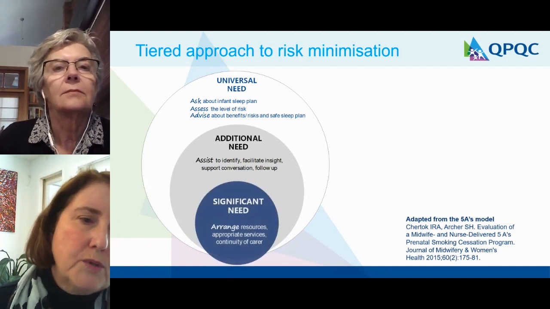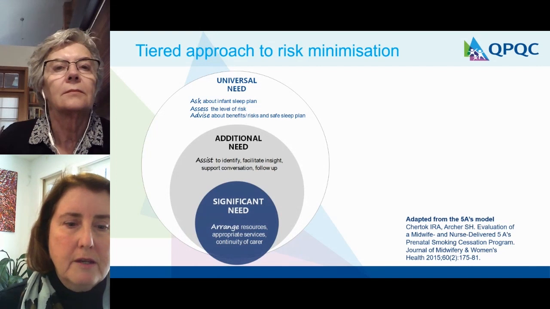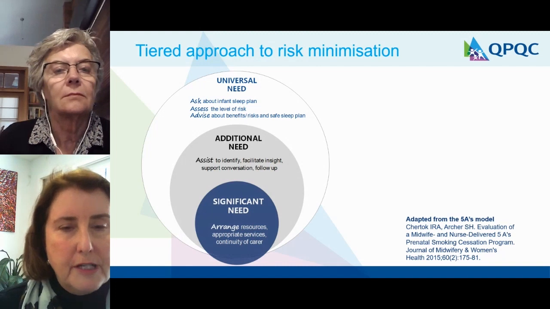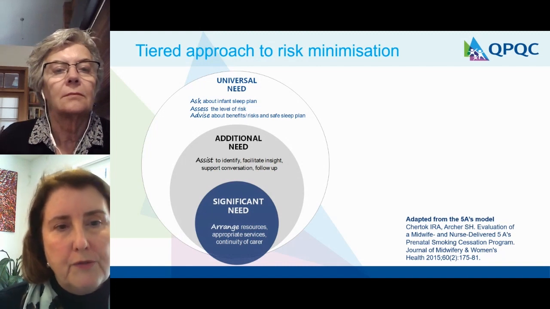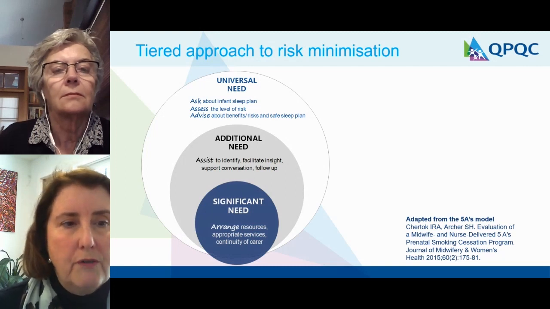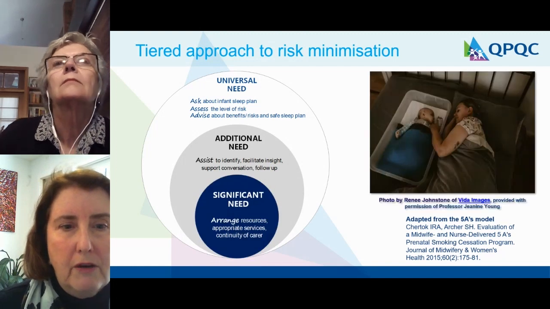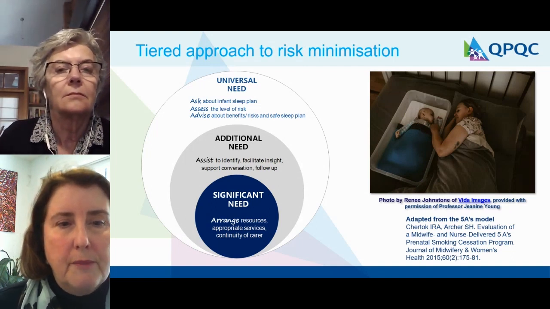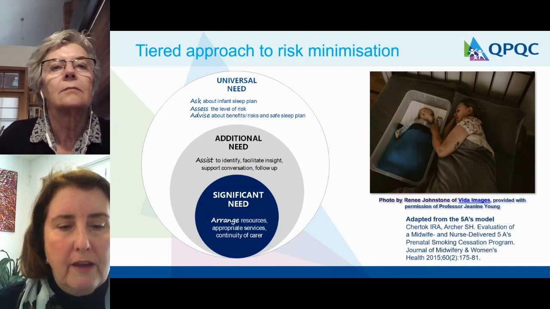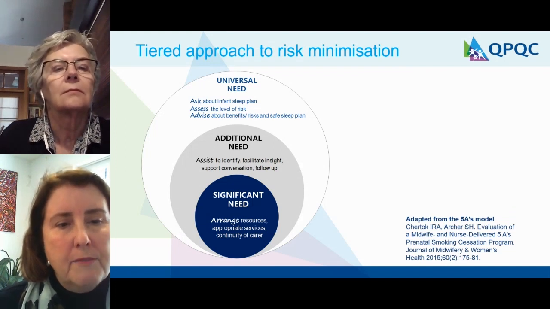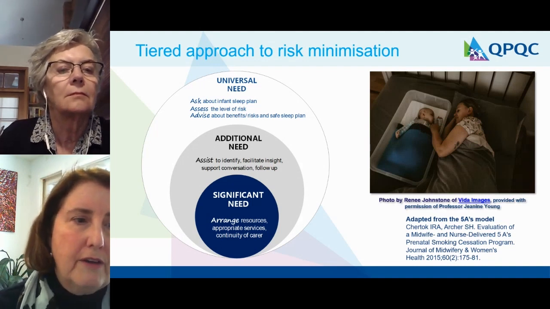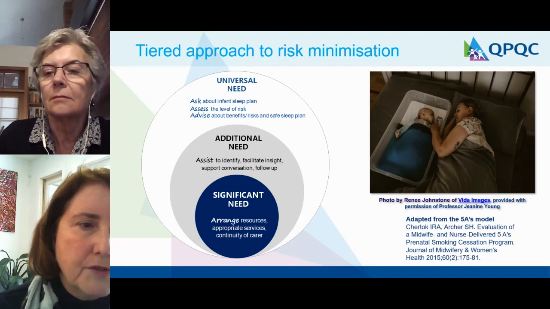And then finally, our families with significant needs who may need significant support to actually arrange a safe sleep space for their infant, including programs for priority populations, which may not even have a safe sleep space for their infant. So, for example, we just have a picture here of the PepiPod program being used. So this just gives you an example of a type of program that can be used when we're looking at families that are really high risk. And the majority of the reviews that we do would fit in that significant need or additional need. So a lot of our families where SUDI is occurring are the families that need that level of support.